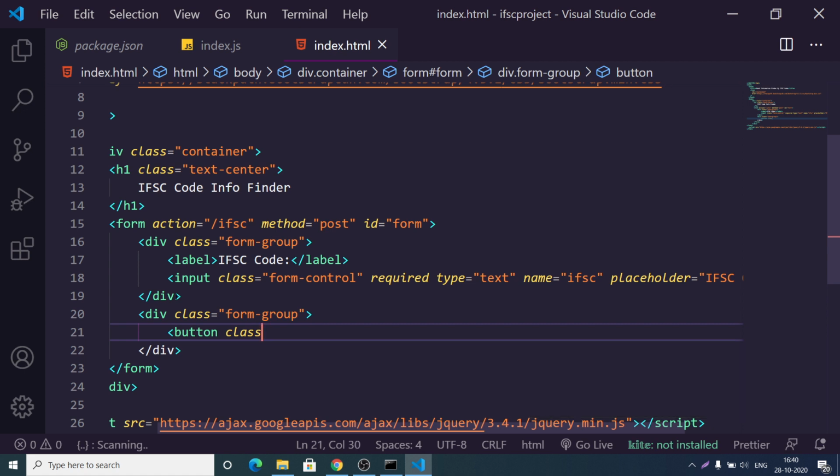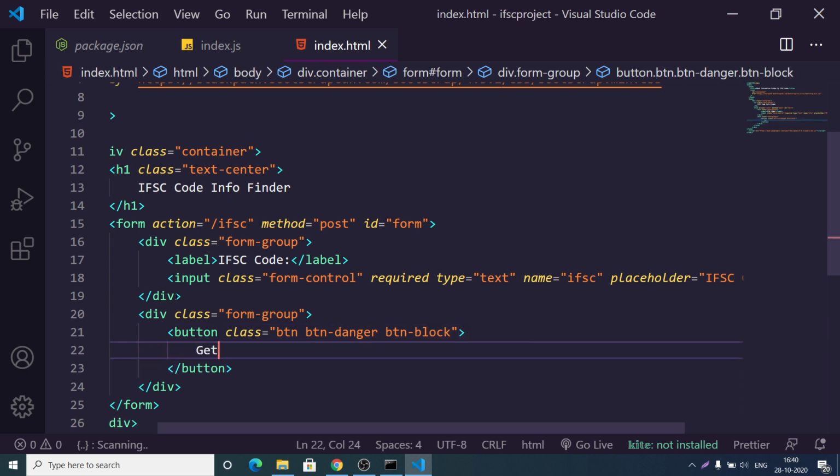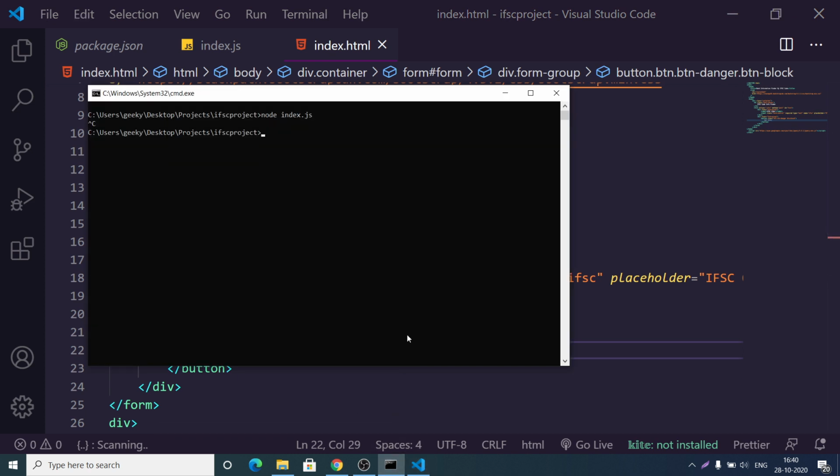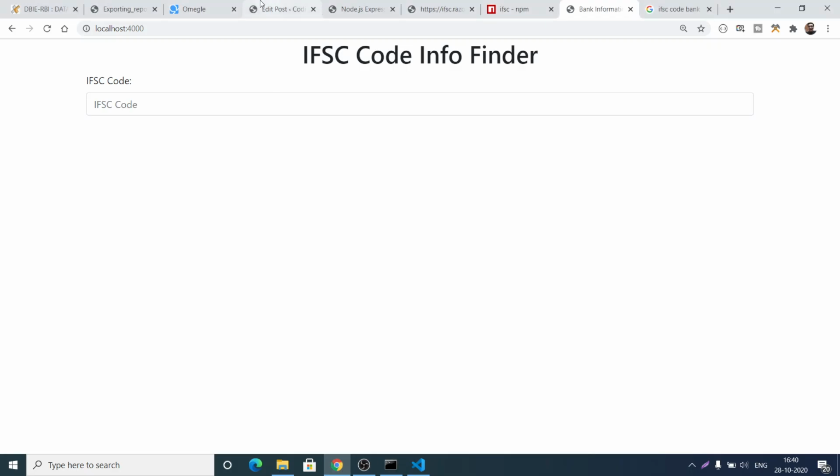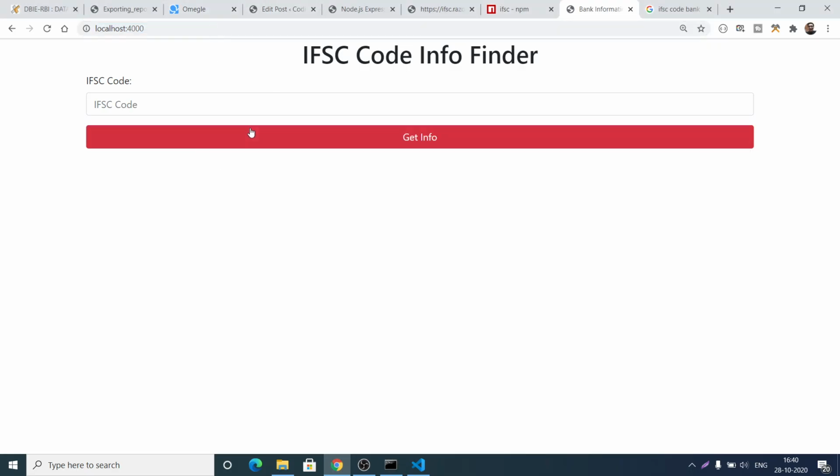So we will have the button class btn danger and btn block. So this will be get info. So once again if I run the application, we will see a button here of get info,